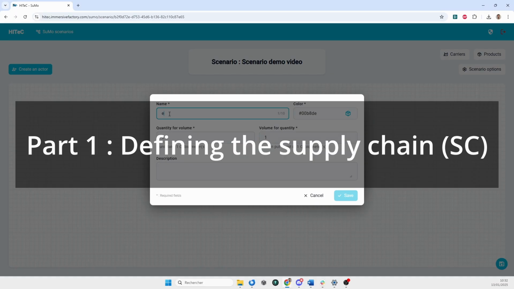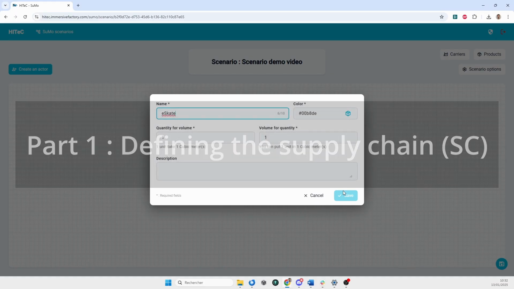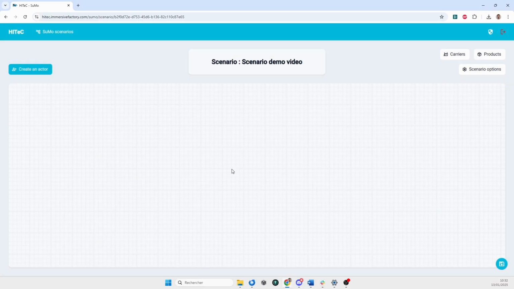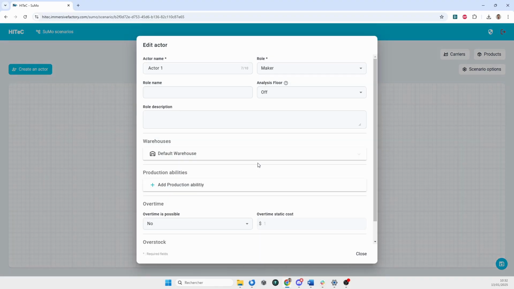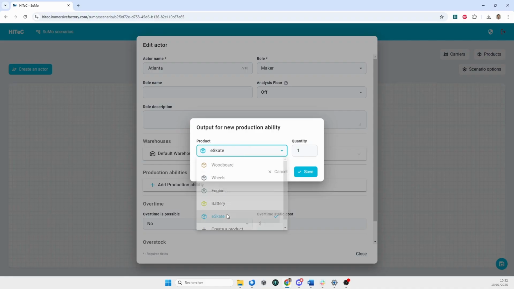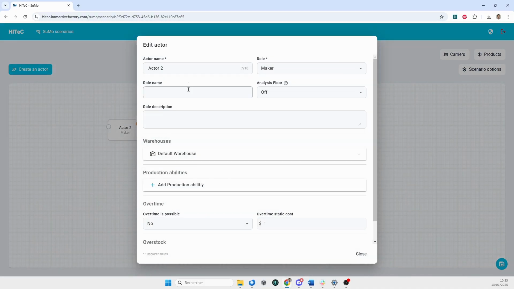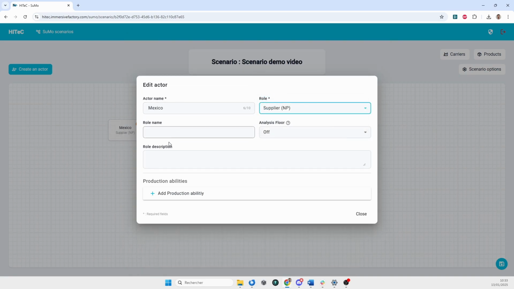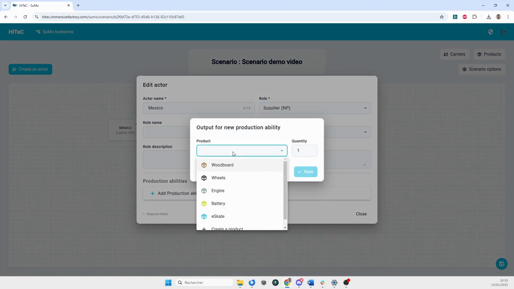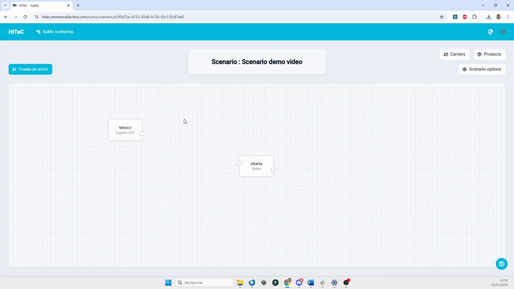So here we are in the web app dedicated to creating a supply chain model. And here you can see that we are building members and the components of the supply chain one after the other. So here we have the main component, which is an Atlanta company that is building electric skateboards. Here we are building the Mexico supplier in charge of providing the Atlanta company with wheels to build the electric